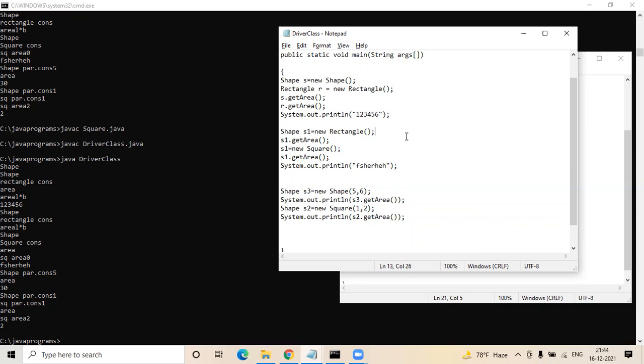Then in that, Shape s2 equal to new Square 1 2 is there, no? So it will call without super also. It should call my parent parameterized constructor, right? Yeah, you got it printed, right? Shape parameterized constructor 1. Because you called super with params inside the Square, you called the super parameterized constructor of Shape, right? That's why it got printed here.